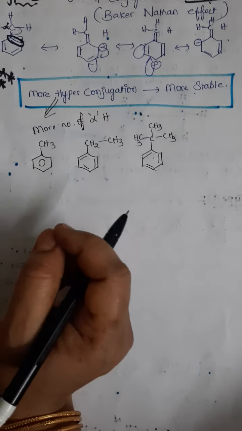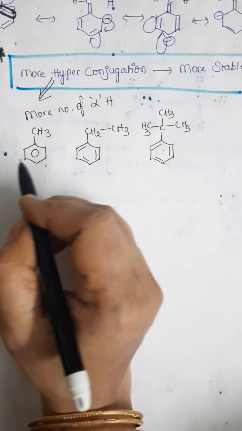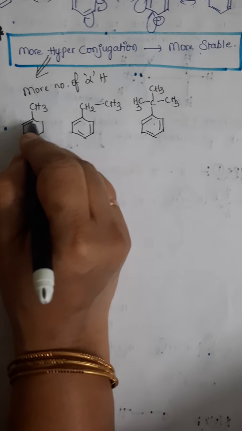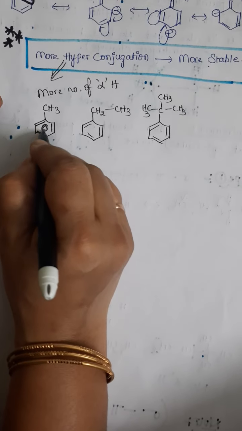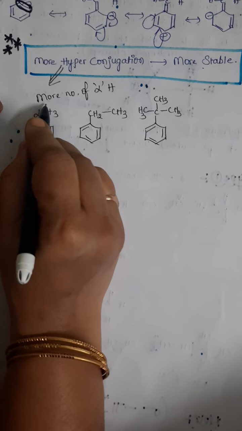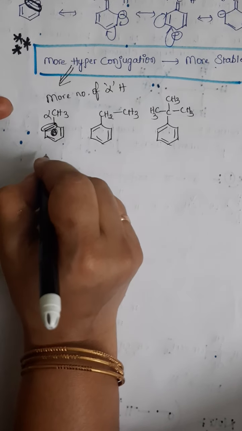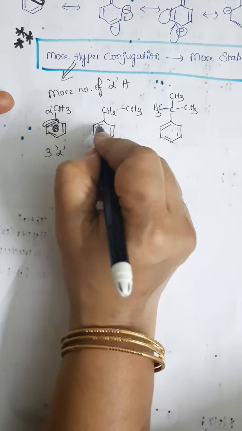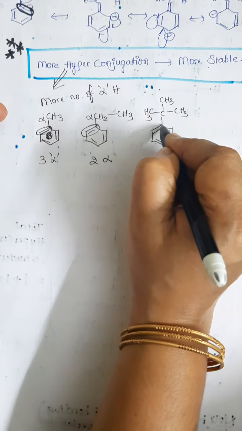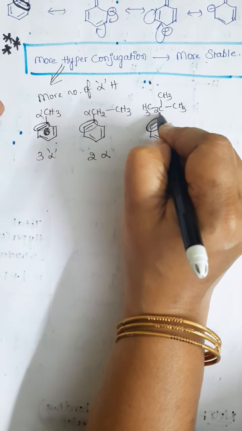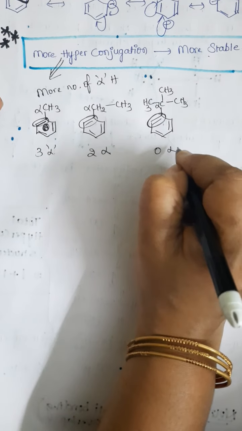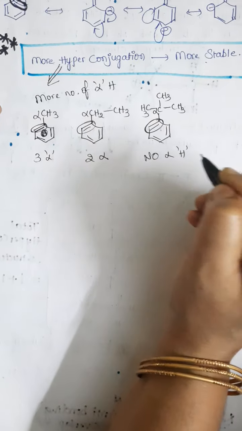See here, students, suppose these are the 3 compounds, which is the more stable compound? How can we predict? Here, instead of the circle, we can also write it as a double bond. With respect to this double bond, this carbon we can consider alpha. Alpha is having 3 hydrogens, so it has 3 alpha hydrogens. With respect to this double bonded carbon, this is the alpha which has 2 alpha hydrogens. With respect to this double bond, this is the alpha carbon, but it is not having any hydrogen. So 0 alpha hydrogens.